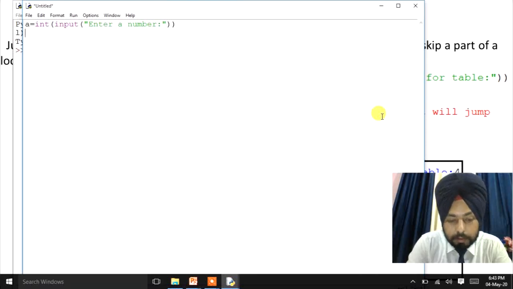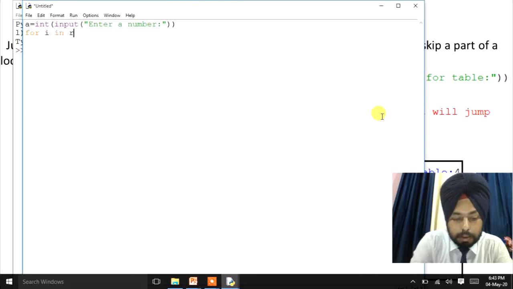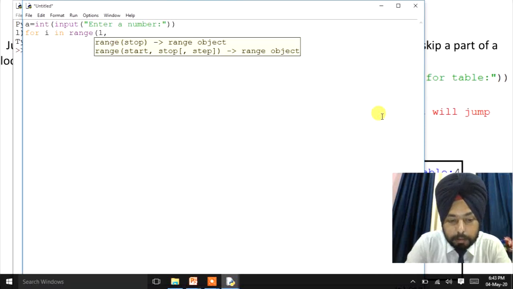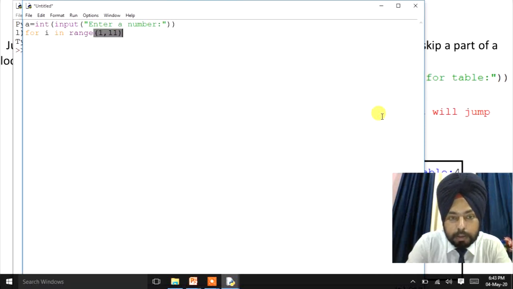Now we'll use here a for loop, for i in range, then 1 comma 11, right.